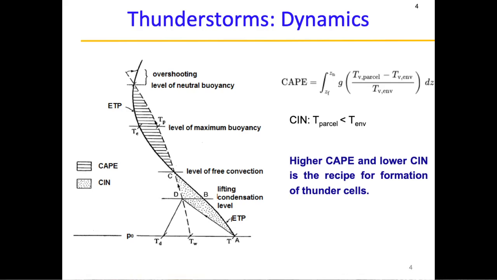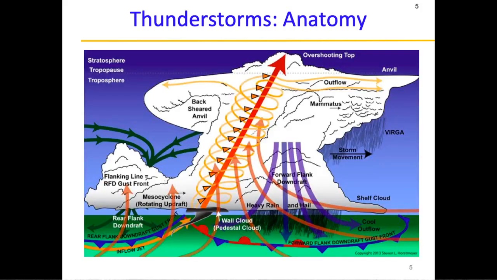So the two things which are important from a dynamics point of view are CAPE and CIN. CIN has to be small, in the sense of the amount of stratification that I'm talking about. The background air in the environment should not be too warm, which would inhibit the parcel from moving up. The parcel has to move up, because only once it moves up can it lead to the formation of the cloud condensation level, and from there on, it can lead to the formation of these so-called tall clouds.